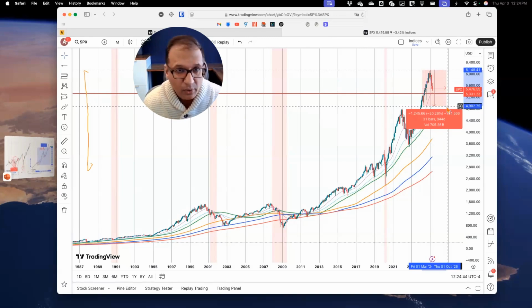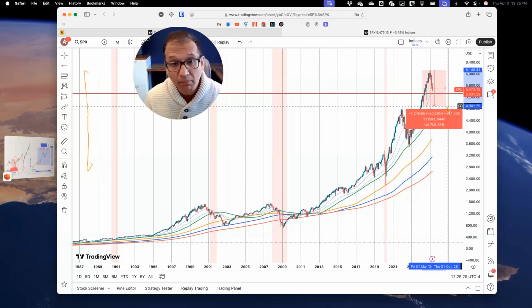What does that mean? 20.26% means just the bear market, because a bear market is 20%. So if it were to hit that turquoise line, the market would show that it has hit a bear market, not necessarily a recession. And then let's see where it goes. Whenever recessions have occurred, including the last one, the market picked up fairly rapidly. And even during the last trade war, when the market dipped about 20%, the market picked up fairly rapidly. Whether that's going to happen or not, I don't know, but I wanted to give some perspective around that. If the market were to fall, where might it fall to?